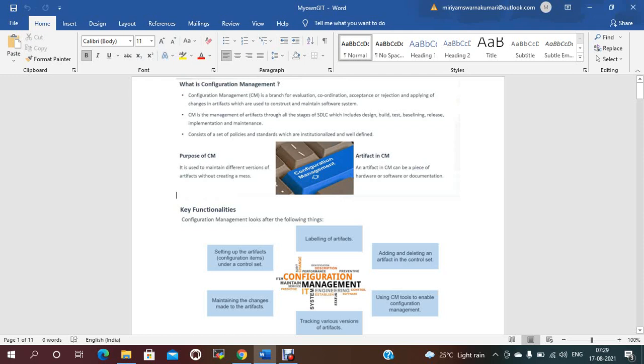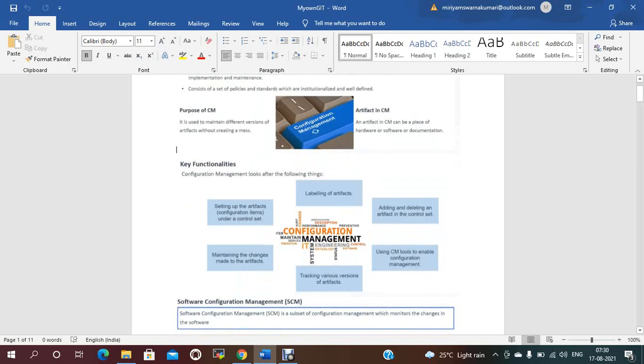Suppose in a team, different developers work on different features. At that time, everyone maintains their own versions, and they push that code into a central repository, that is GitHub. So artifact version control, artifact configuration management is a piece of hardware or software or documentation.